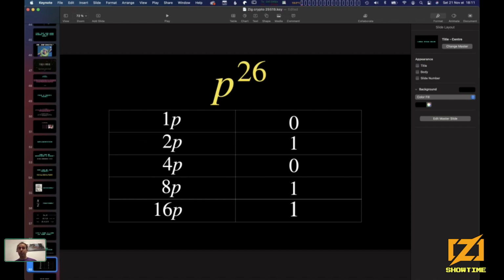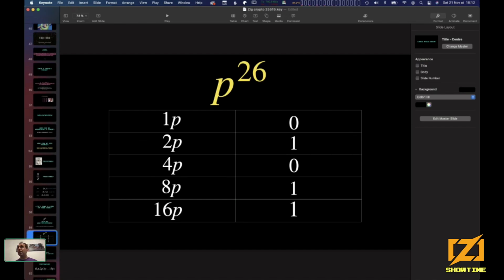So we just double it at every step of the iteration. And then if we have a bit set to 1, we are going to add it. This is not an accumulator, this is just a point that will be moving. It starts at the origin, and then it's going to move or not according to each bit. And that's it. So this is a way to do an efficient scalar multiplication.